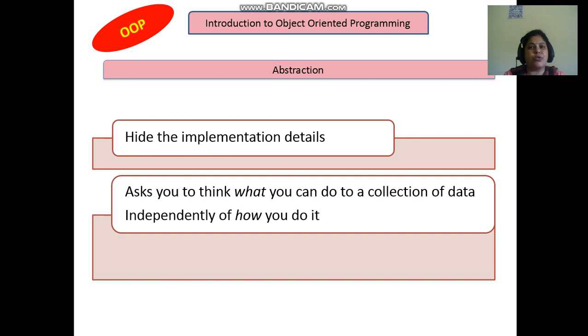So all object oriented programming techniques have that feature of abstraction, that it hides the implementation details from others. Due to abstraction, it only asks what you can do, it doesn't ask you how you do it.